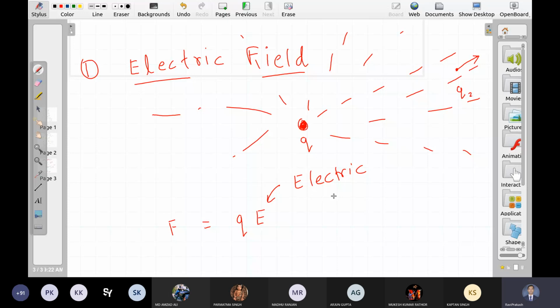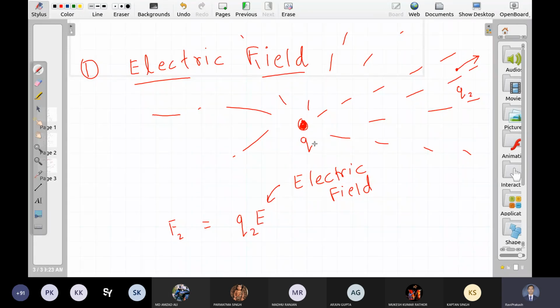So when you put a charge anywhere in the universe, it creates a field, and that field is defined by E. And if you put another charge in this field, that charge will get some force, and that force can be given. Once you know the electric field, you can calculate that force also. The force has to be, sorry, Q2E. A force on Q2 is Q2 times E. And this E is obviously produced by this charge Q.